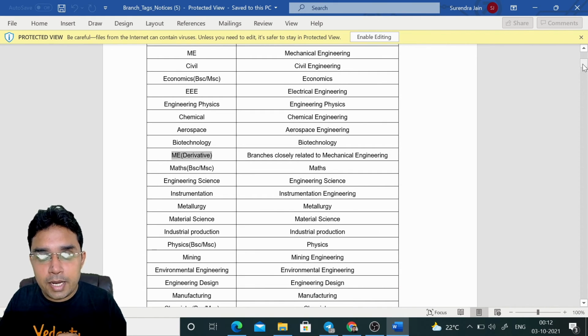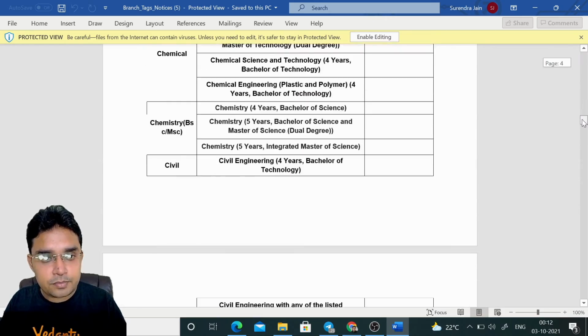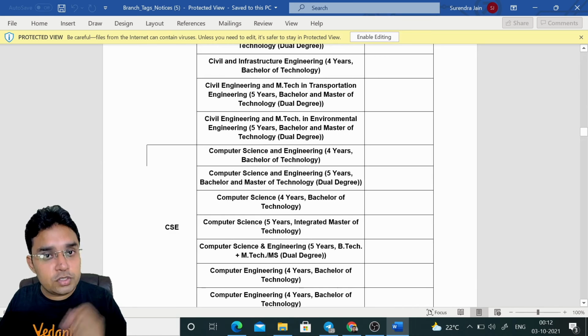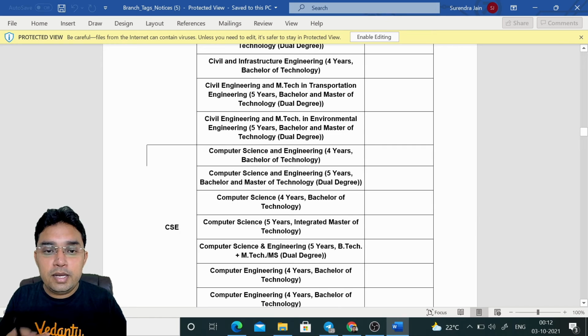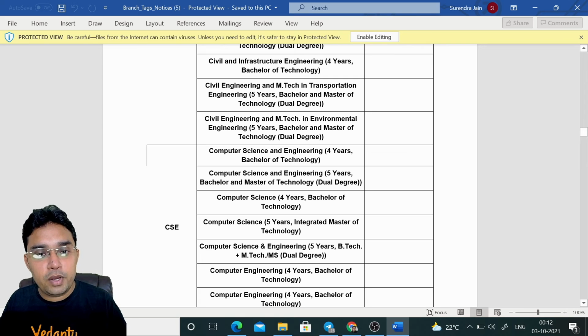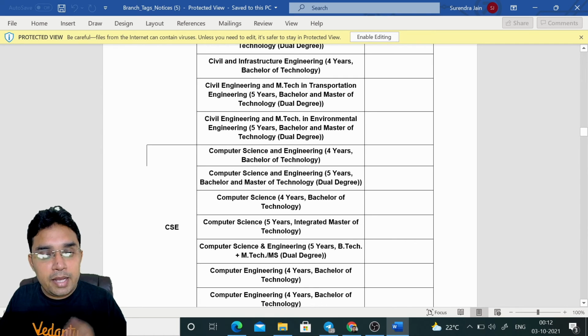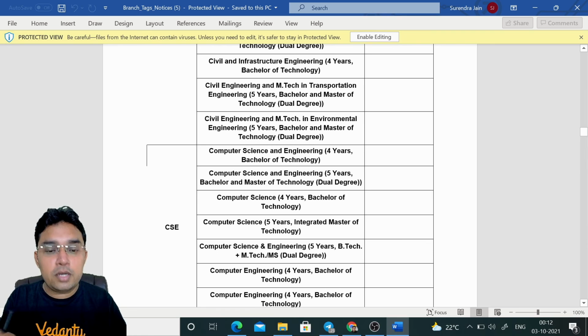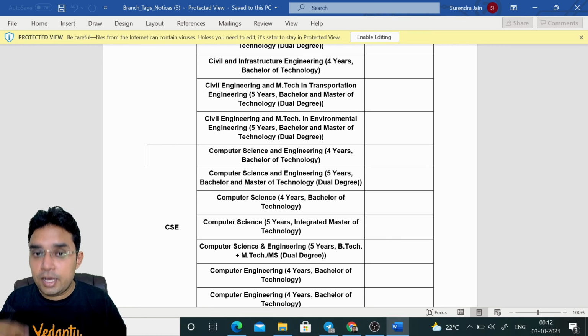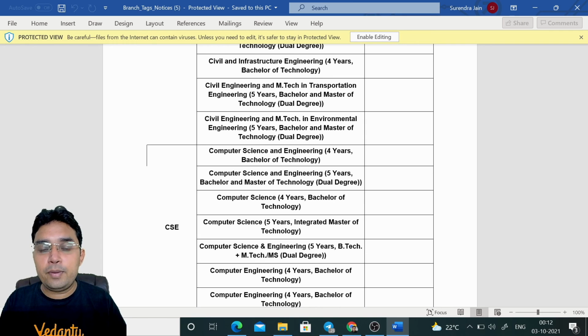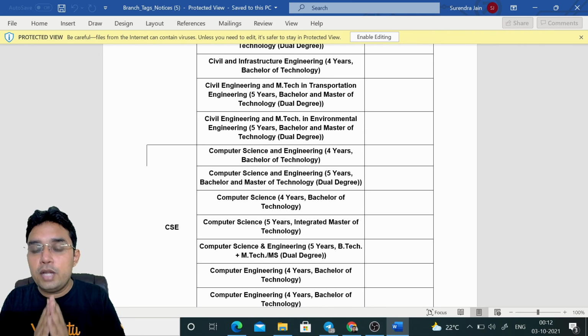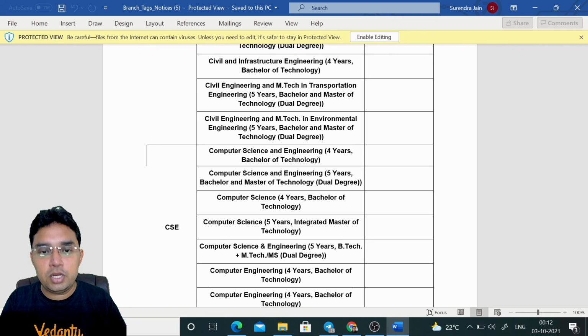Now one important thing to tell you, let me go back to this CSE once again. If you go to the JOSAA portal and try to find where computer science and engineering is there, and you want to list all such departments, you will have to select computer science and engineering 4 year bachelor of technology separately and others named separately. So if you want to see where all these computer science branches are available, maybe with different names, you will have to apply the filter again and again. But here you can do it in one go. You will find information on all such branches in one place. So that is the usage, that is the importance of branch tag.